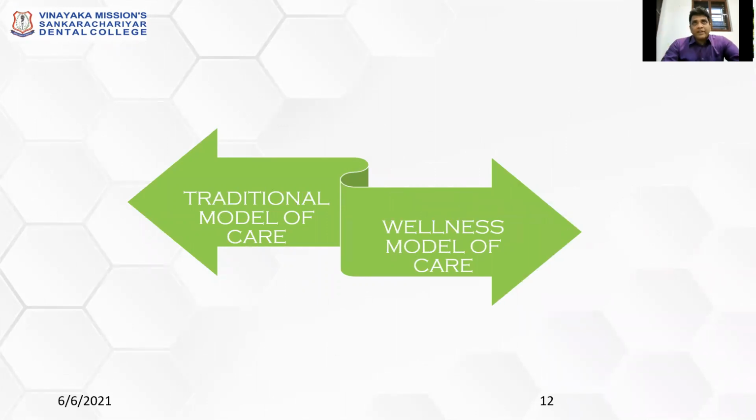Before, in your normal periodontal practice or any dental practice, they will do a clinical examination. They will explore a grade 2 furcation, and they immediately go for a bone grafting and GTR membrane and jump into the management. That is a traditional model of care which was followed before.